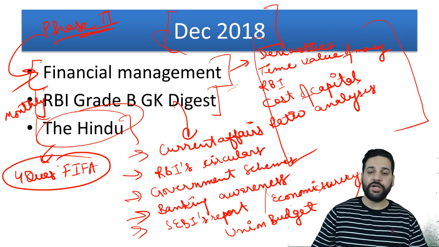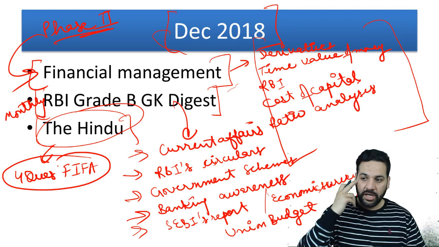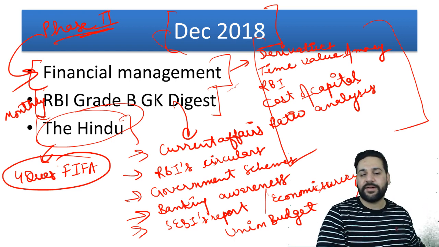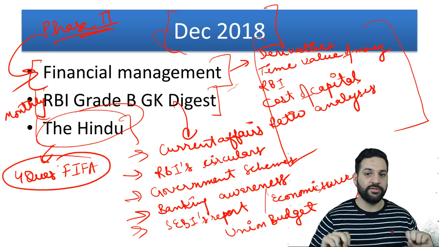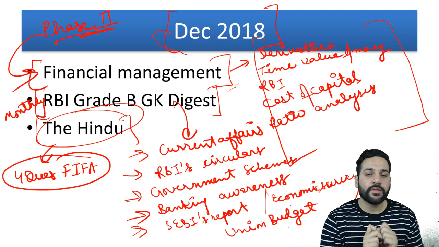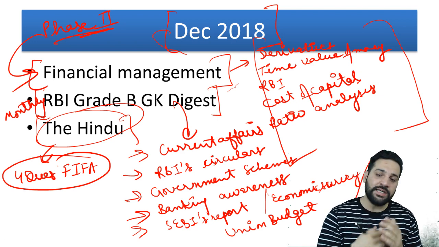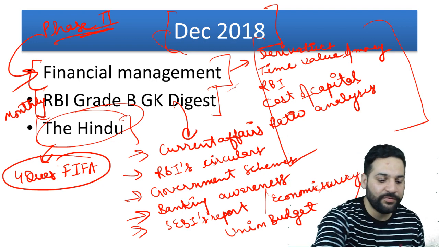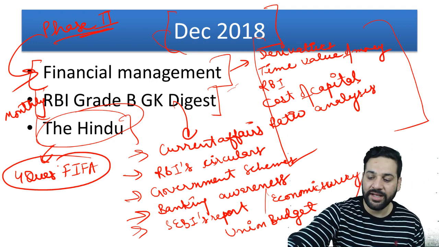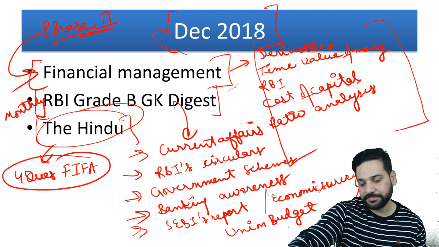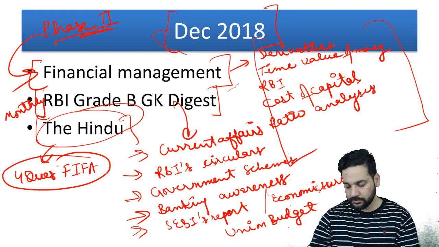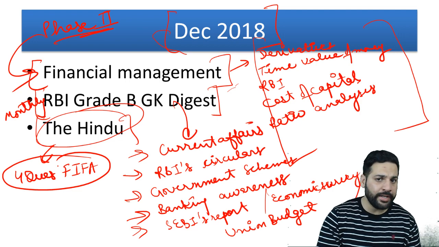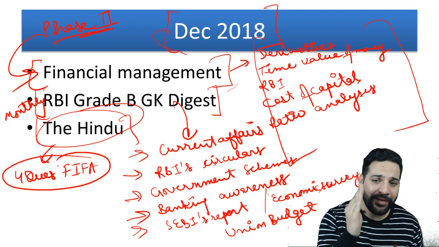Which parts are important? Avoid the politics. You can also avoid the opinion based articles. Focus on the facts. Focus on the news. Are you getting it? Because it'll take a lot of time to read the opinions. I am the very first person who's going to tell you that you should avoid these opinions and all. But according to me, focus on the news.